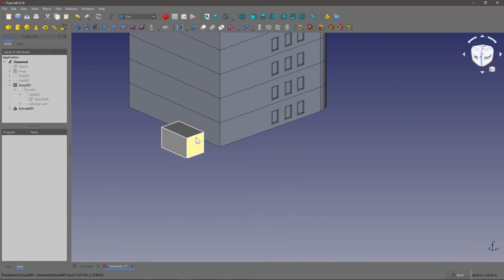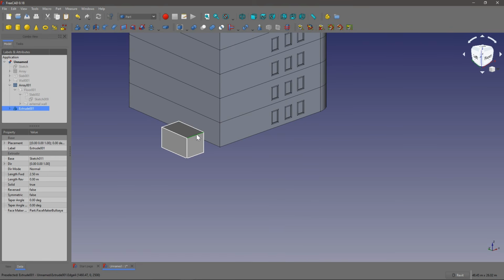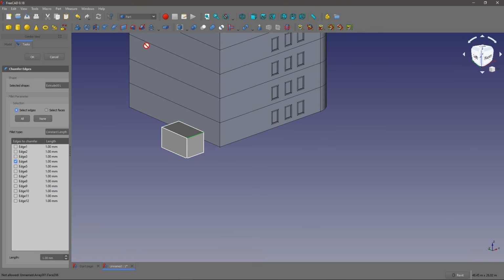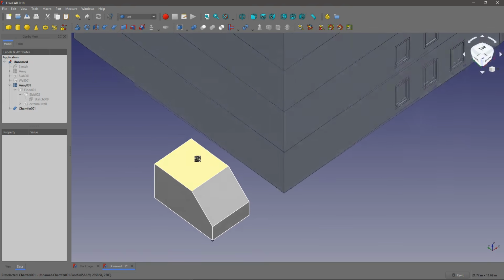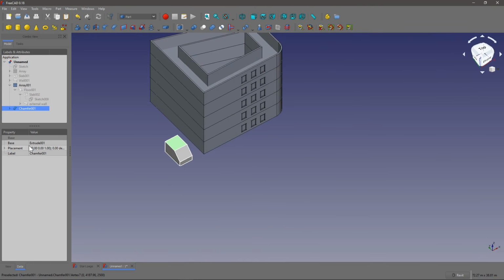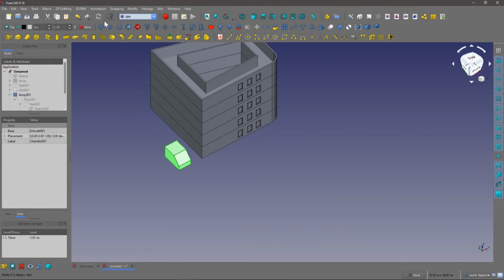Now I want to chamfer this edge. So with that edge selected, I'm going to click chamfer. It has the edge pre-selected, and I just need to specify a value. 1.5 meters. Okay, so now that's chamfered. Let's move it to position. You can either, let's see, does it work? No, you can either move it in BIM